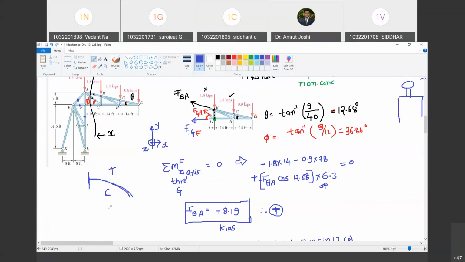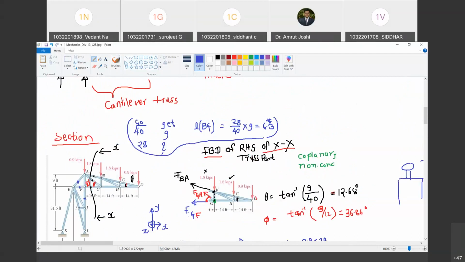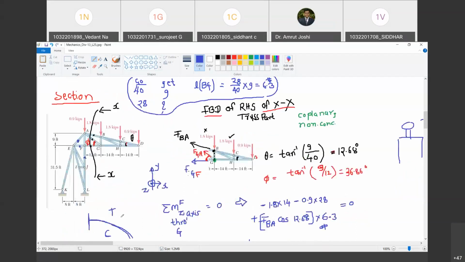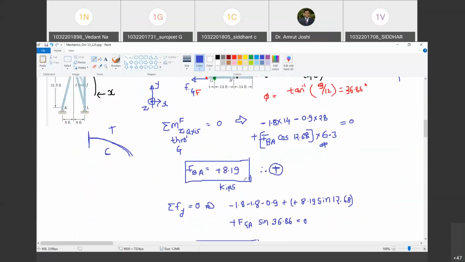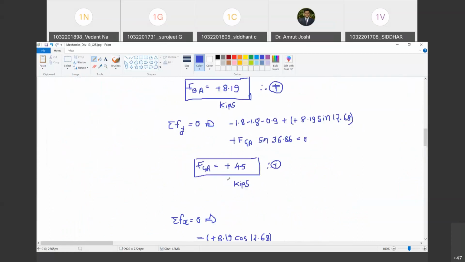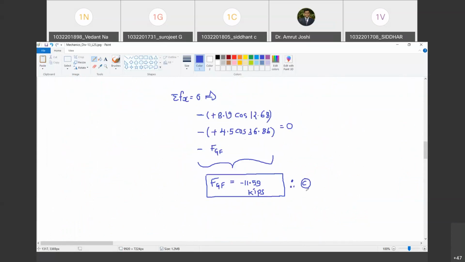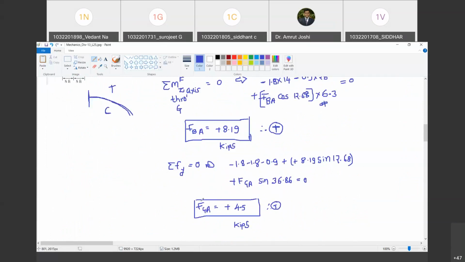Yes, sir. So it was expected that the top chord members, these members are called the top chord members of the truss. These members are called the bottom chord members of the truss. Are you with me? Yes, sir. So the top chord members will be in tension in this kind of loading, and bottom chord members will be in compression. Are you with me? Yes, sir. So at least I should get an answer that force in member AB is tensile, which I have got, and force in member FG is compressive. Then only my calculations are correct. Are you with me? Yes, sir.